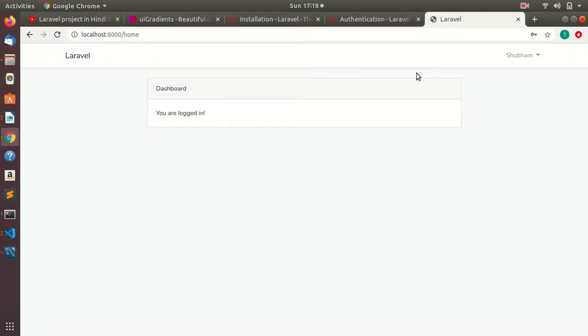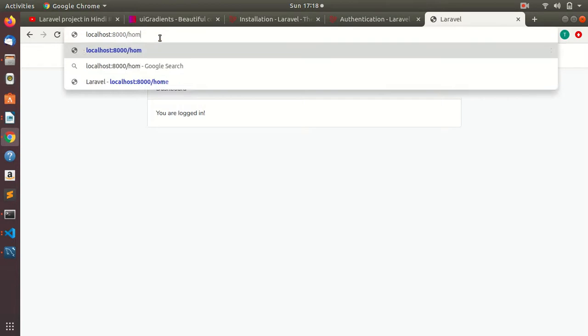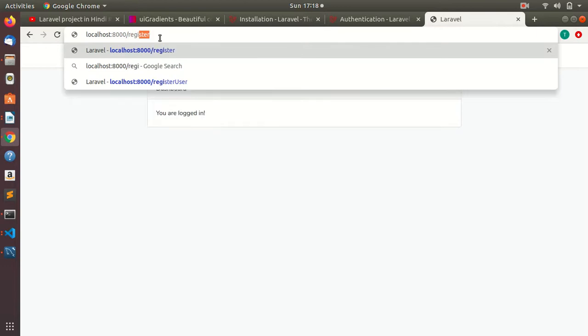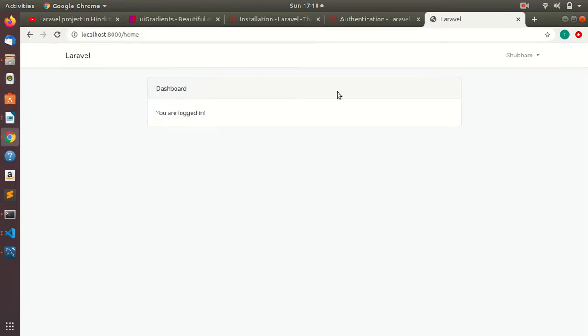So now you cannot access the login page or the register page through the route because you are already logged in. If you are already logged in, you cannot access the login page and register page. You can only access the home page.